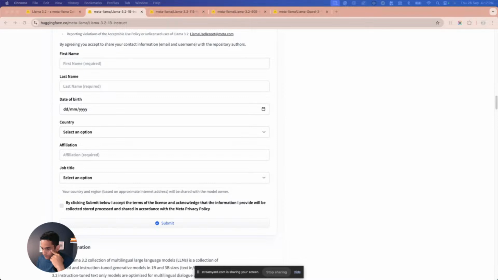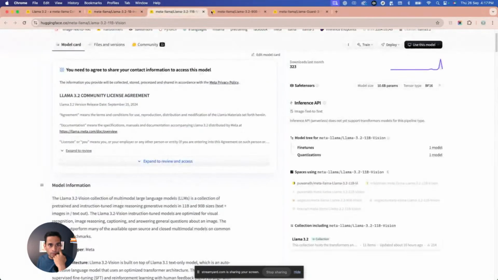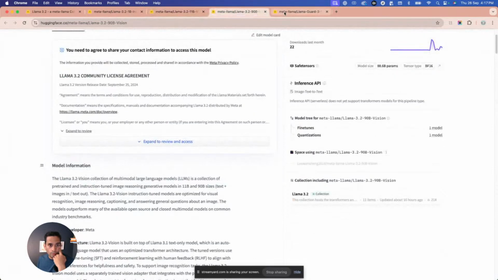No, I need to find that. Where did it go? Okay, so